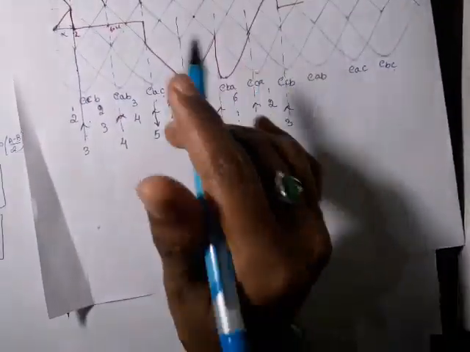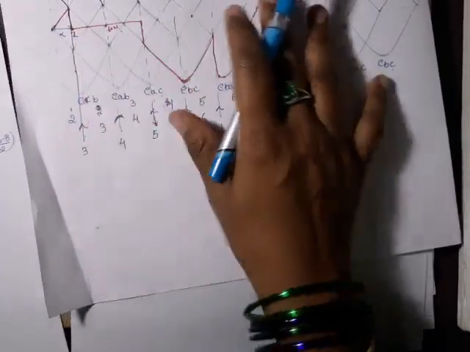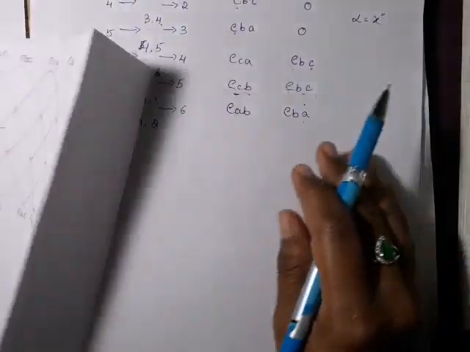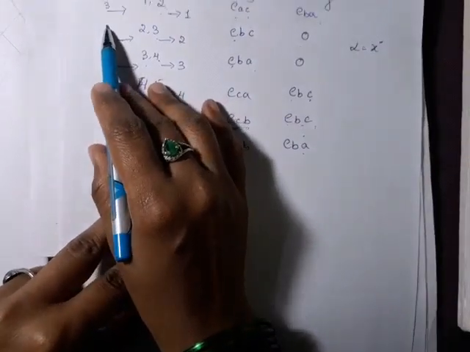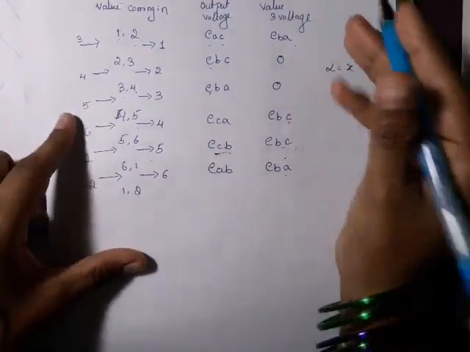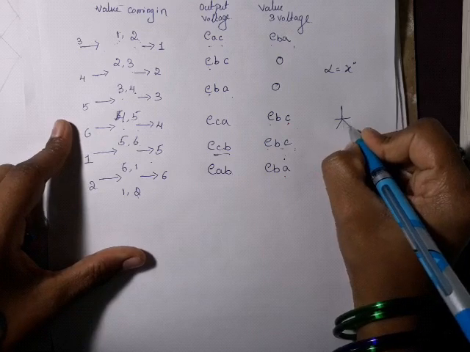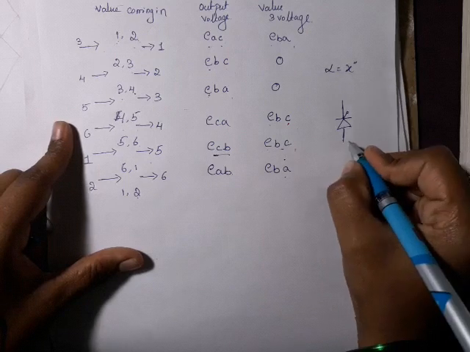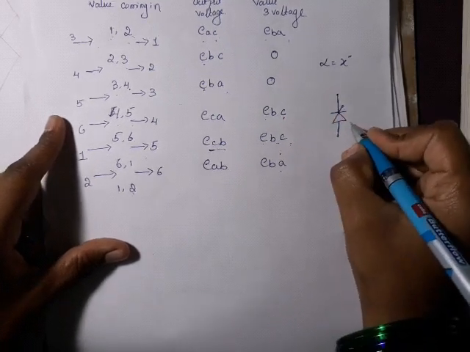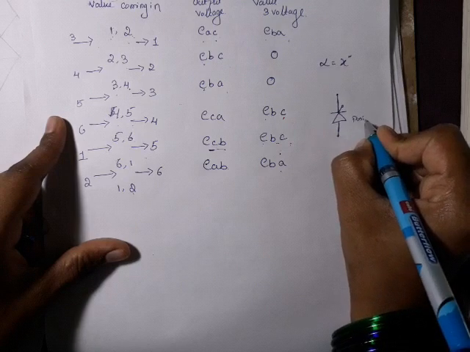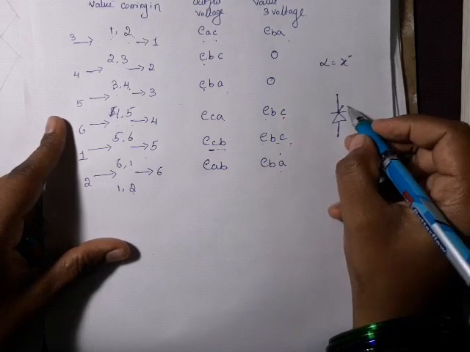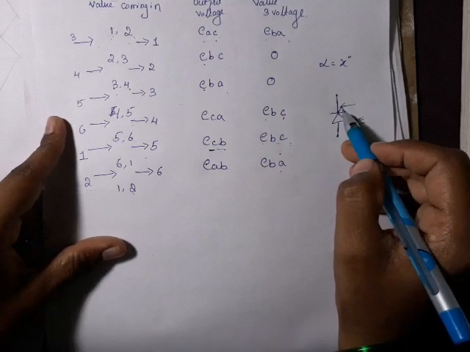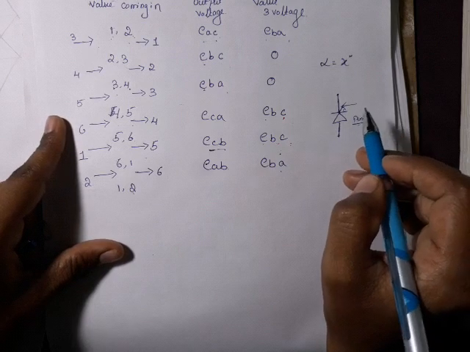See, I have taken the firing valve here. So when can we fire valve number 3? So here is valve number 3. Let us consider that we have a thyristor. How to make this thyristor get fired? The first thing is the voltage across the thyristor should be positive. We have to make the thyristor forward biased. Then we can give the firing angle. If the thyristor is reverse biased, even if we give a firing angle, it will not get triggered. So that is the thing.